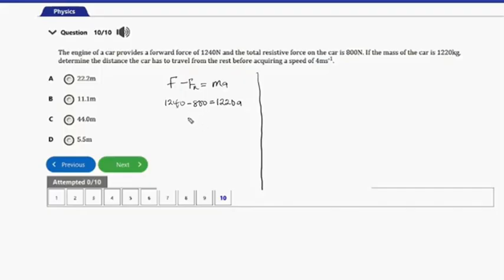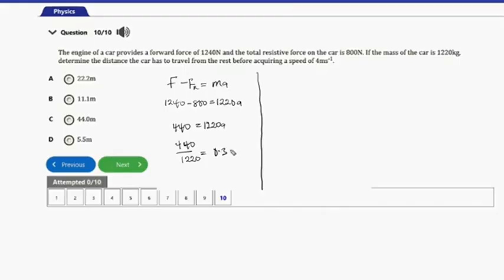So in this situation, 1240 newton minus 800 newton is 440, and this 440 is equal to 1220 a. So in that case, acceleration is 440 over 1220. So this is equal to